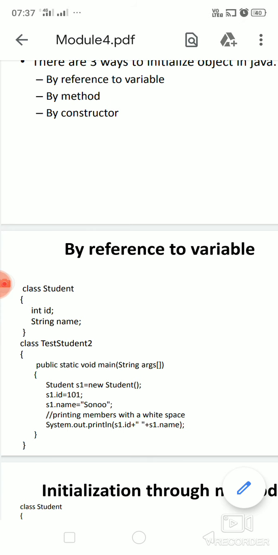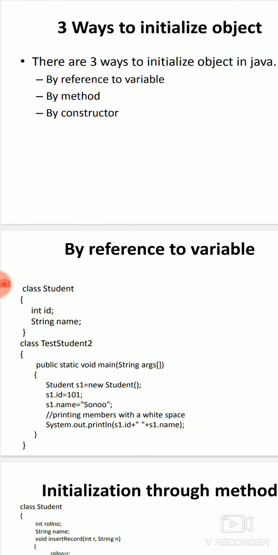So that is why the next class is class TestStudent2. Inside this class we are going to start with the main program. Here, instead of void main you have to write public static void main. In many textbooks you can see PSVM as a short form. It is public static void main.